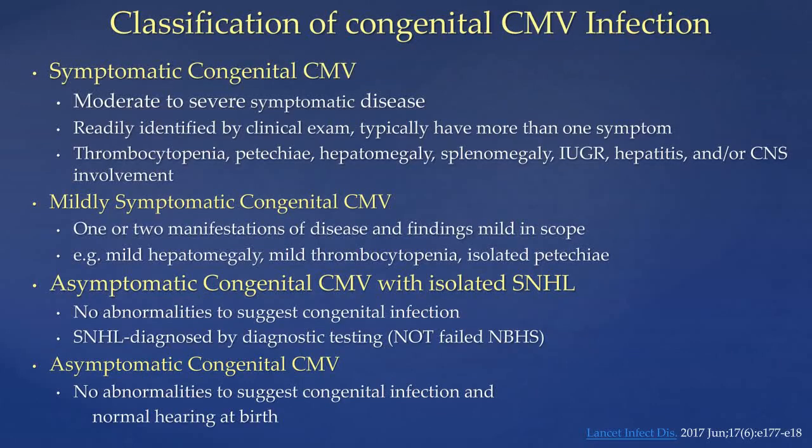So, as I mentioned early on, there's not been across the literature and studies good definitions of what symptomatic congenital CMV infection is. There's been a whole host of definitions depending on the institution or the study. So in 2017, there was a consensus guideline that was published. Now, this guideline was